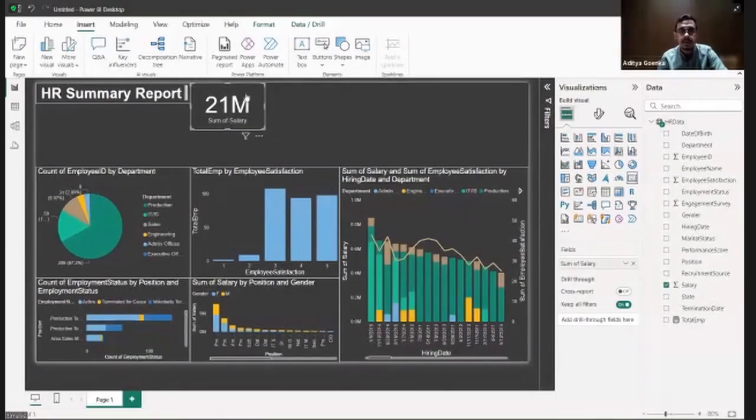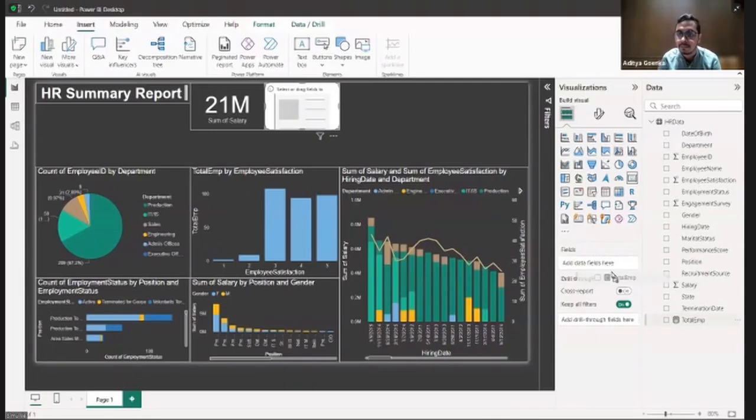So what can you do about it? You can create one more card visual. Either create one more card visual or go over here, copy it and paste it. Ctrl+C, Ctrl+V, and you have been able to create one more card visual for yourself. Place it over here, and instead of sum of salary, let's say you want to show the total number of employees in the company, simply drag total number of employees from here to here. The sum of total salary is 21 million, and the sum of total number of employees comes out to be 311.